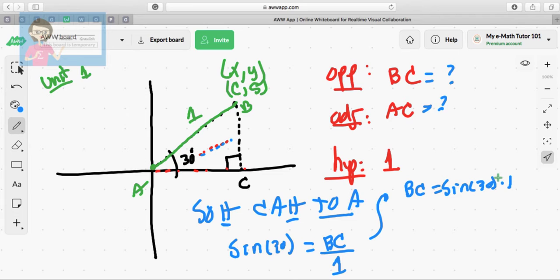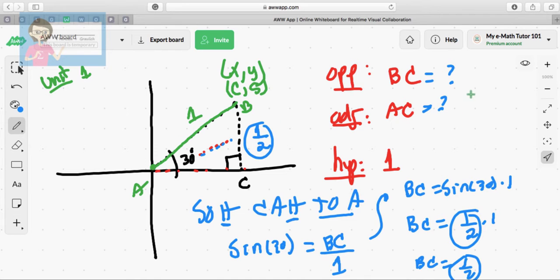Now, in another video, I show you how to do sine if you didn't have a calculator. Sine of 30 is the same as 1/2. So BC is the same as 1/2 times 1. BC is equal to 1/2. Notice that now I know that this piece right here is 1/2. So BC is going to be 1/2. Now I need to figure out the